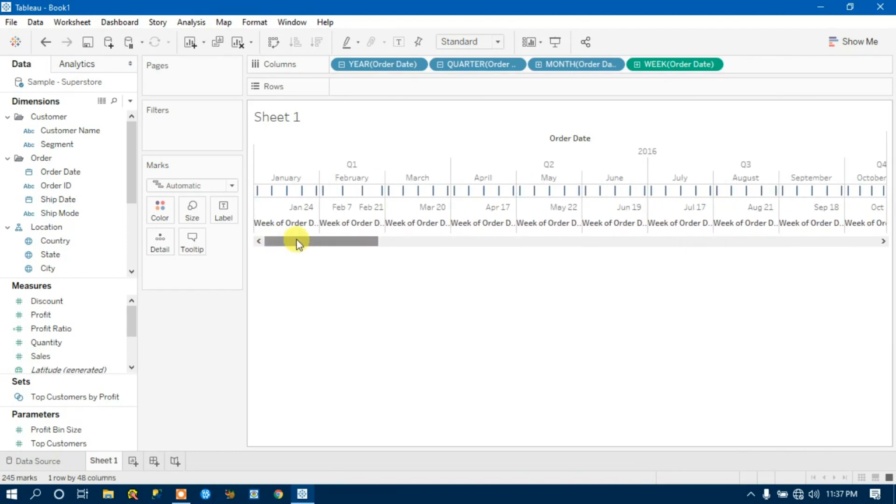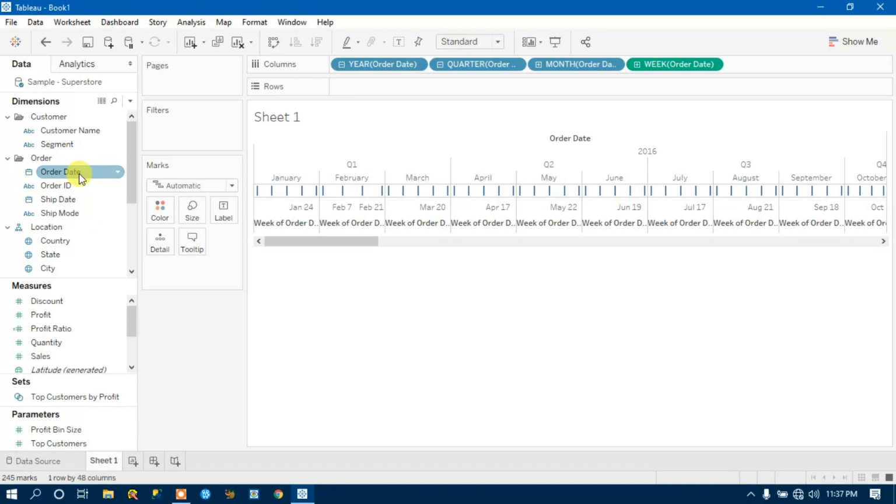And likewise for our geographical, if I drag over country, then first it goes to the country level, then it goes to the state level, then it goes to the city level. So I want to say that a particular field has some hierarchical order in a particular way, right?